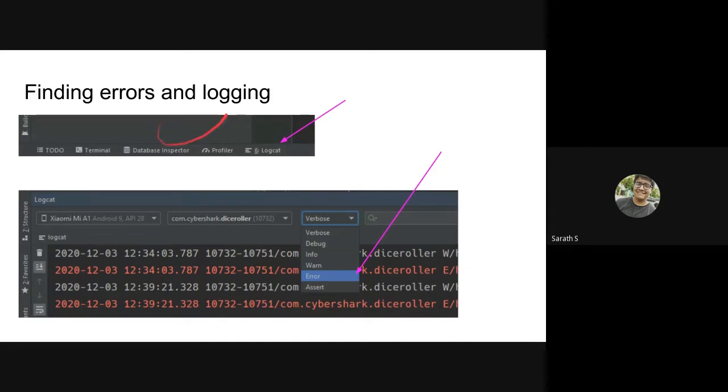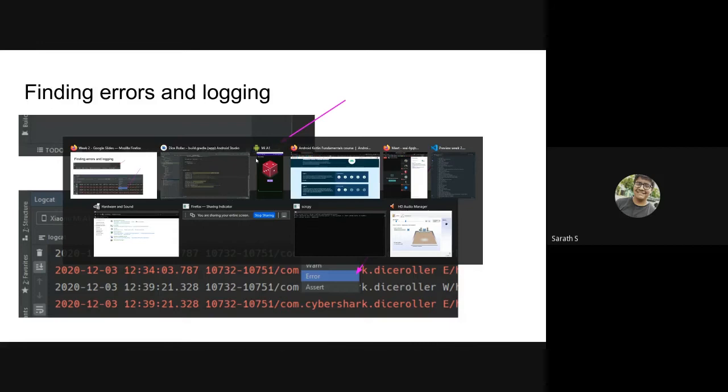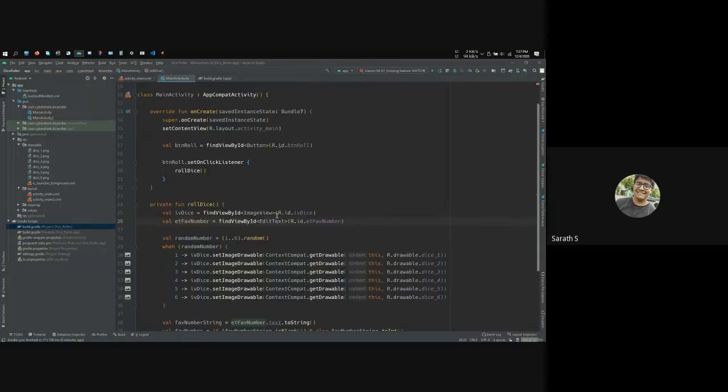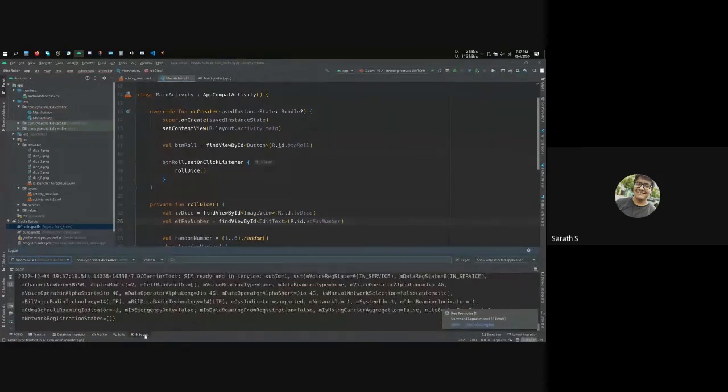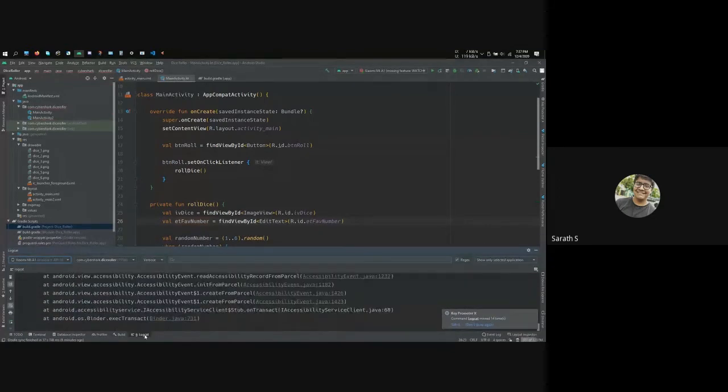Moving on. Yeah, error handling. So let's say you are doing some app, and your app crashes, and you completely don't know what happened. So what helps you in Android Studio is a thing called Logcat below here. Logcat is basically for showing your logs. As you can see, many text is going above, scrolling up. So this is from my phone. I have my phone selected, and this is my app, right?